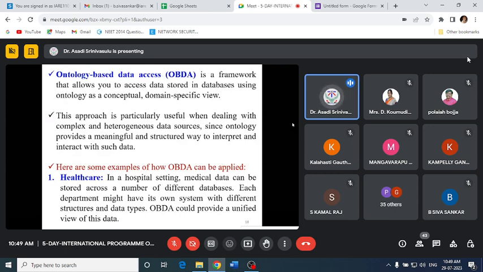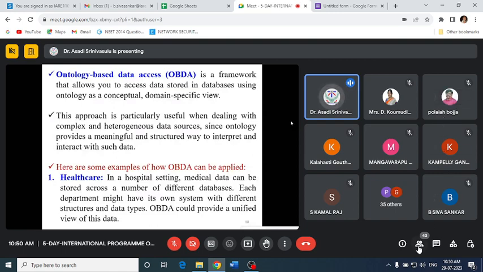So in a healthcare domain, you need to understand what kind of diseases you are dealing with, and it is completely related to the hospital setting. So medical data can be stored: patients' data, patients' records, in a number of different databases. I'm using SQL database, Mongo database, MySQL database, DB2 and Teradata databases. So these are the different heterogeneous data I'm using in order to extract the patient related to COVID-19,